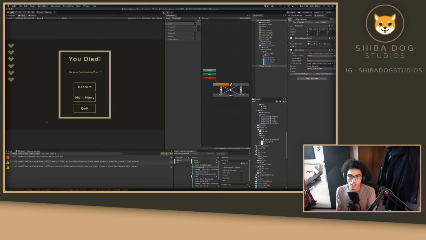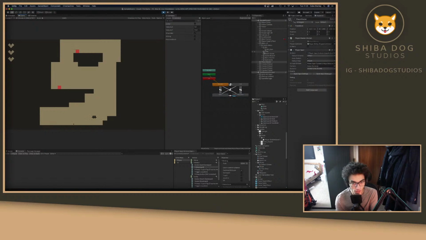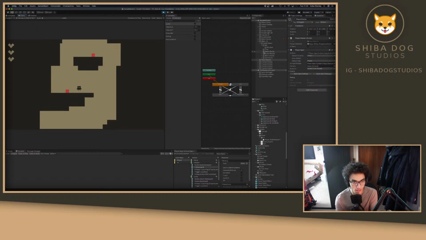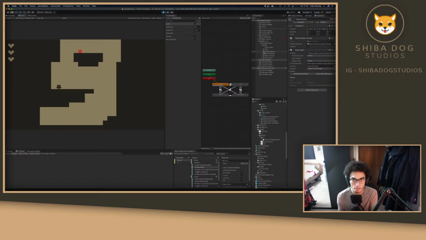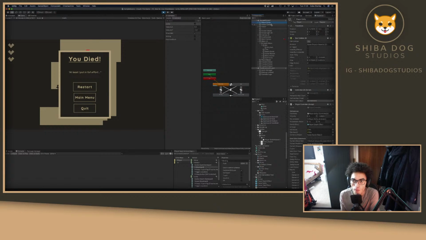And to be fair, if this doesn't work, I am at the moment. That's probably a good plan actually, is testing to see if it works with the keyboard as well. But I want it to be controller supported, so that's also a priority. Okay. Set our menu to be active. And